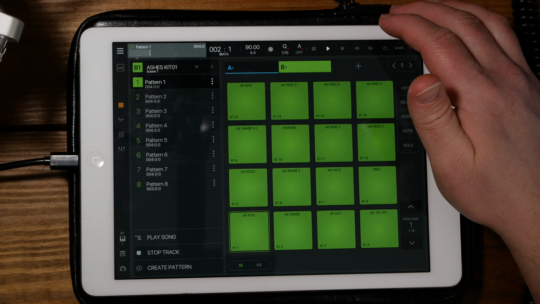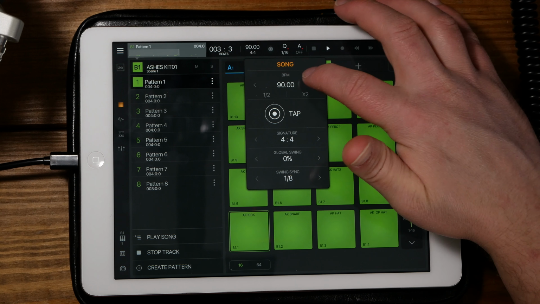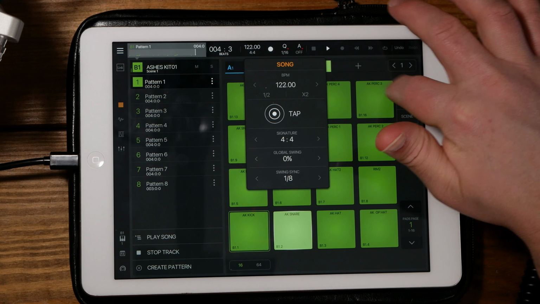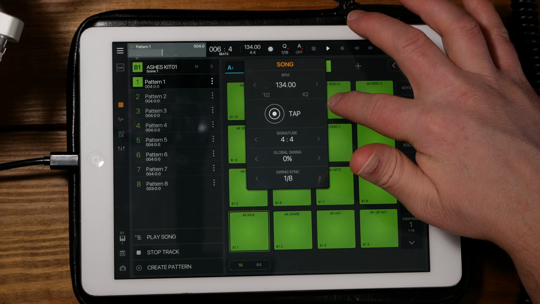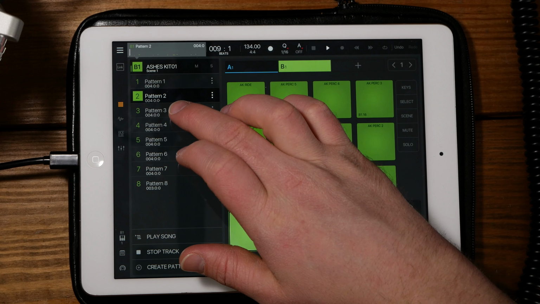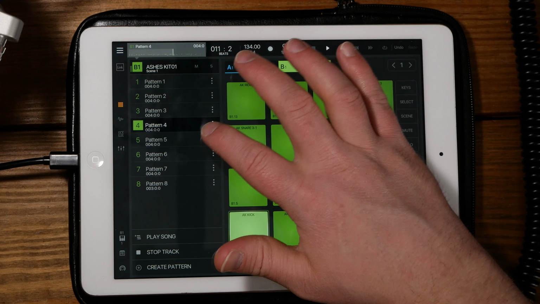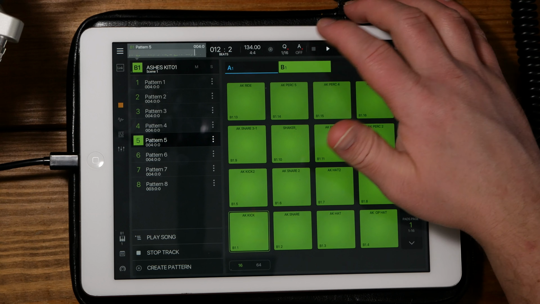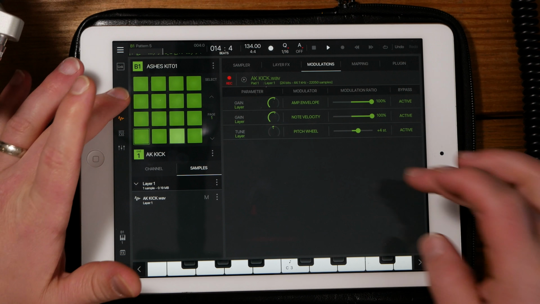So already got a groove. Let's bring up the tempo here, like 135. It's already got some built-in tempos, so okay, kind of like that. Okay, so now I can go back to